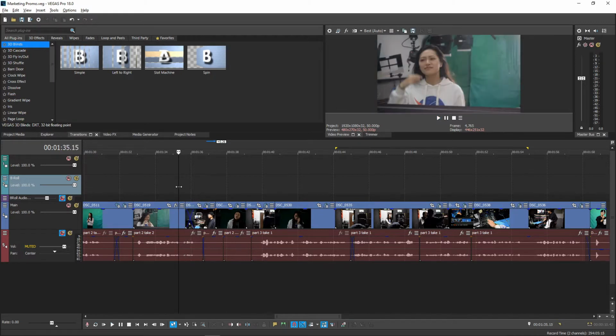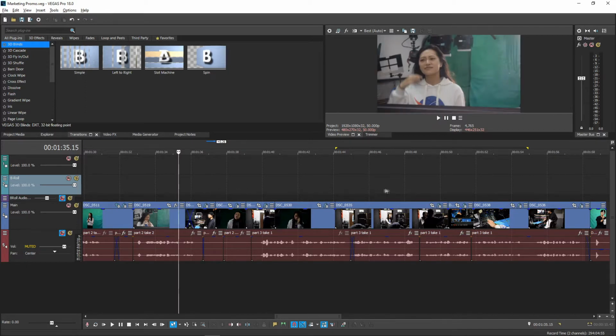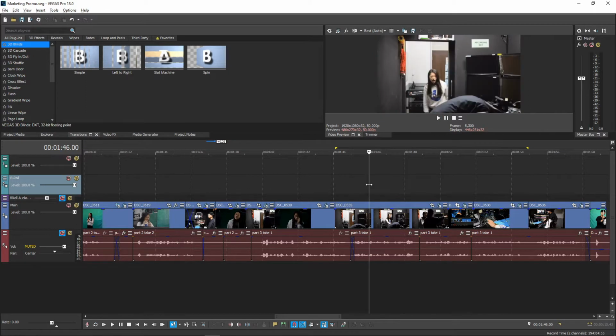Crossfading basically adjusts the opacity of your two clips. One slowly fades out, becoming transparent, while the other slowly fades in to 100% at the same rate. You could make this effect yourself with the opacity tool and animation, but fades and crossfades are used so often that Vegas has them built in to save you time.